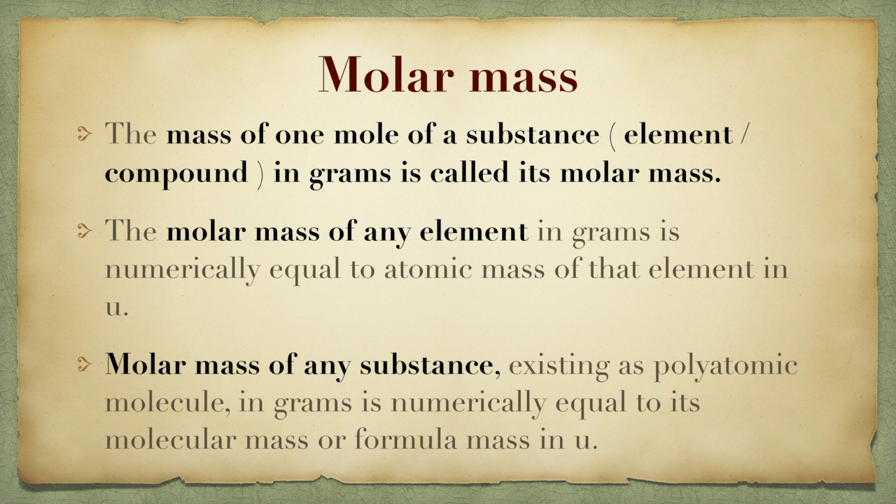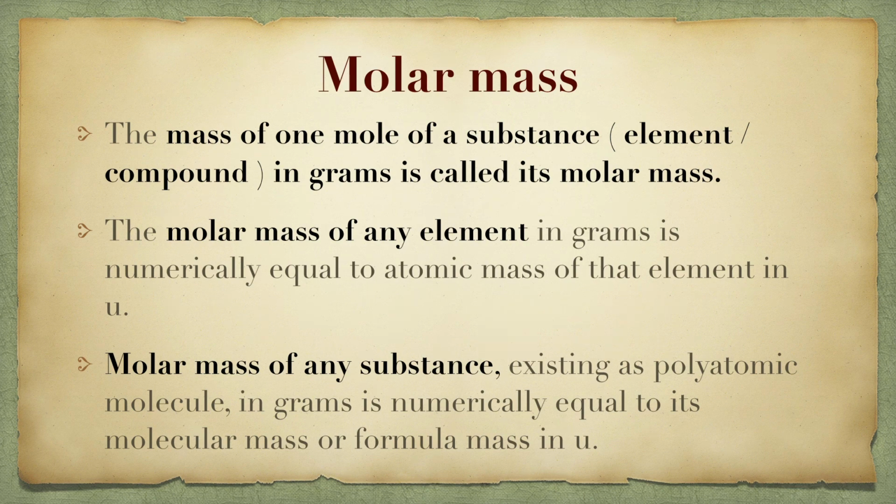Next is molar mass. It is very simple. The mass of 1 mole of a substance in grams is called its molar mass. So basically 1 mole of any substance will be equal to its molar mass, that is expressed in grams. The mass of 1 mole of a substance, that is element or compound, in grams is called its